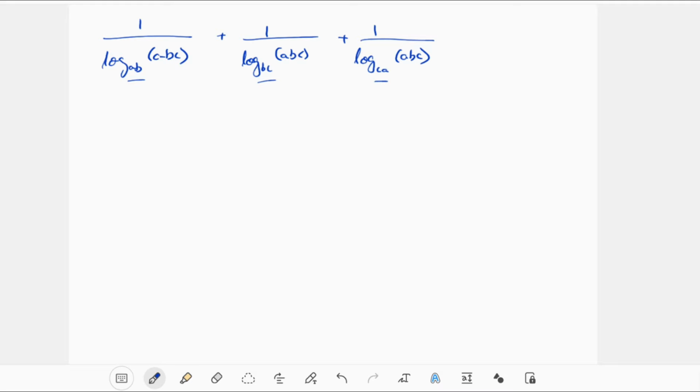So for doing that, I'm going to apply one rule. Okay, I'll write it here on the right hand side. We know that whenever I invert a log, the base and the number will interchange. That is, if I take this logarithm from the numerator to a denominator, 1 divided by the log value, the base and the number will interchange. Log A to base B, if I take it to the denominator from the numerator, it will become 1 divided by log B to base A. So upon changing the number from numerator to denominator, the base changes.